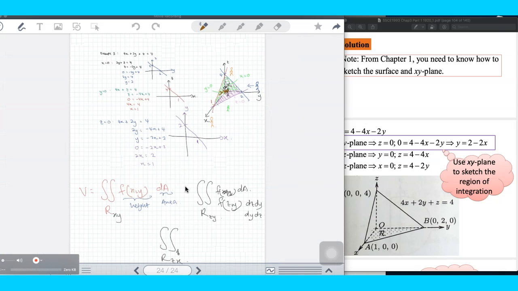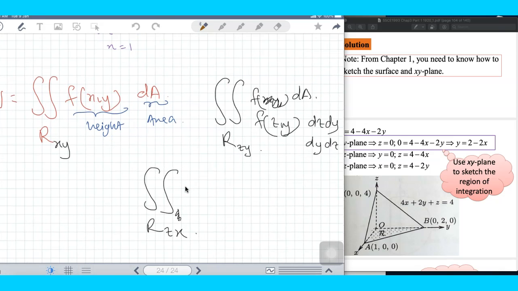So you have to state that your region is on the ZX plane. Then your function should also be in terms of ZX, and your order should be dz dx or